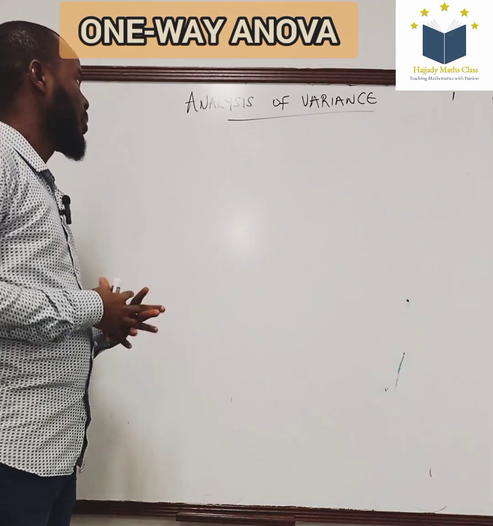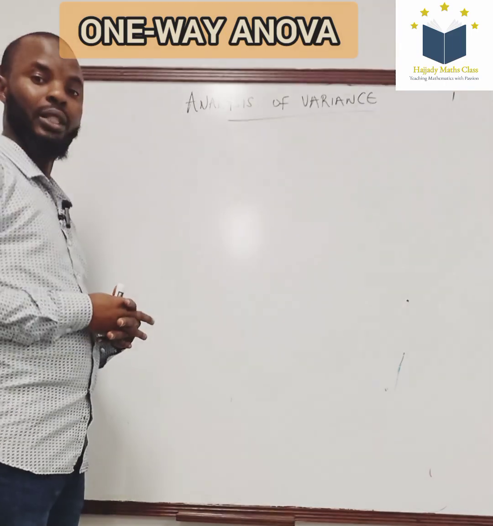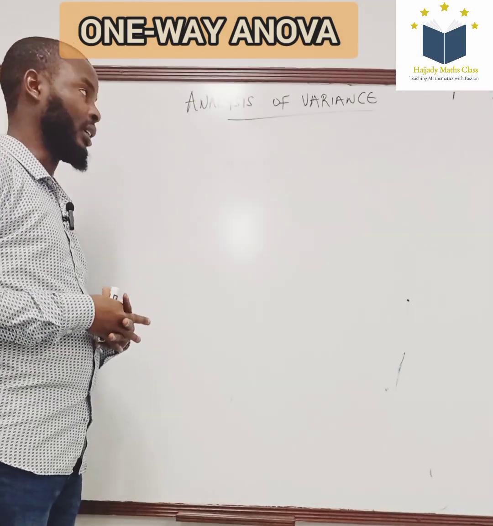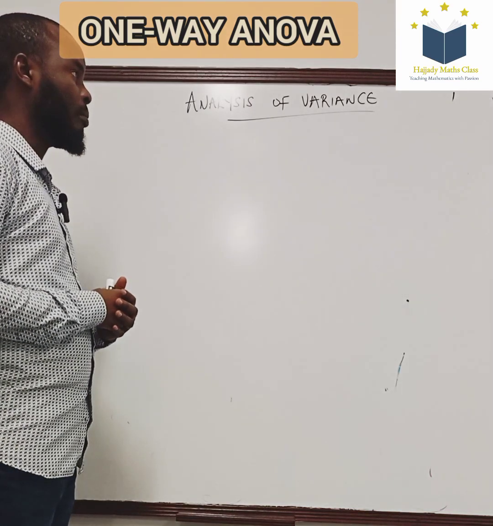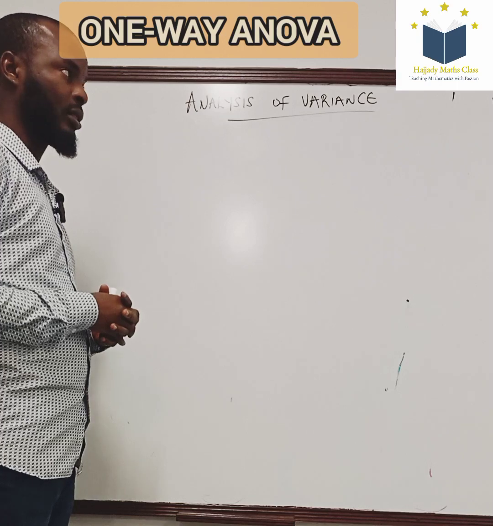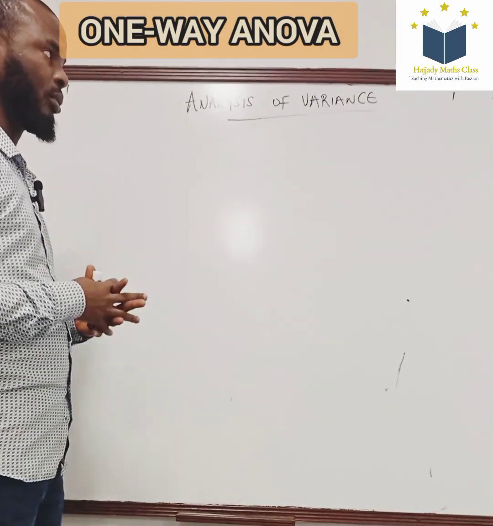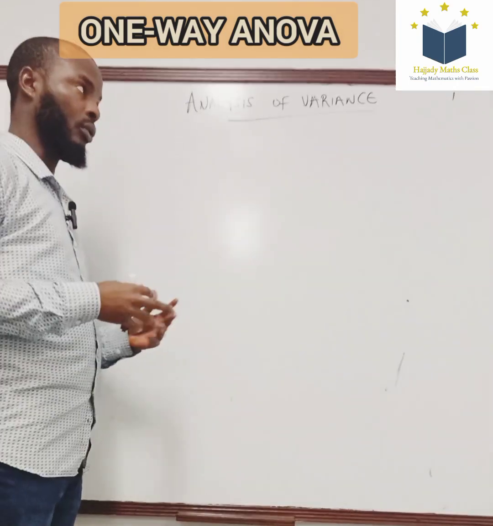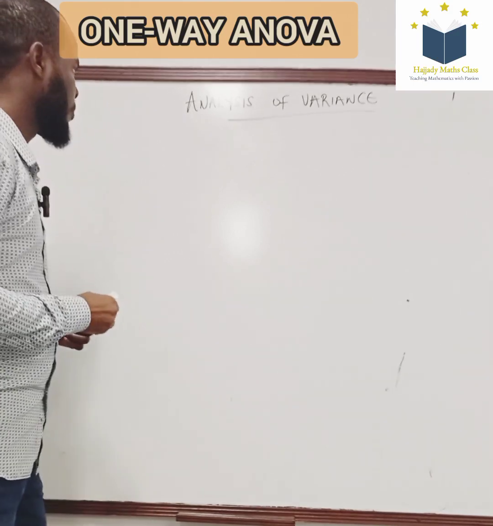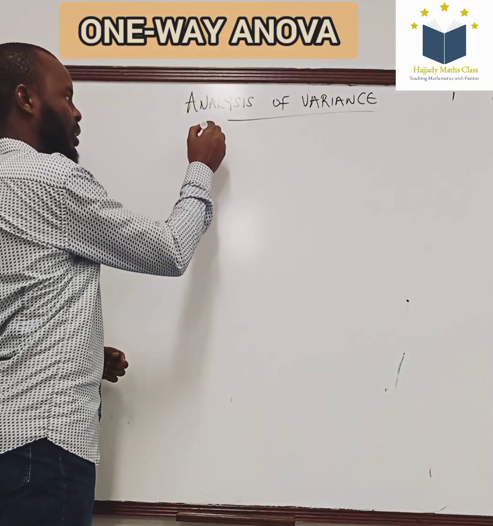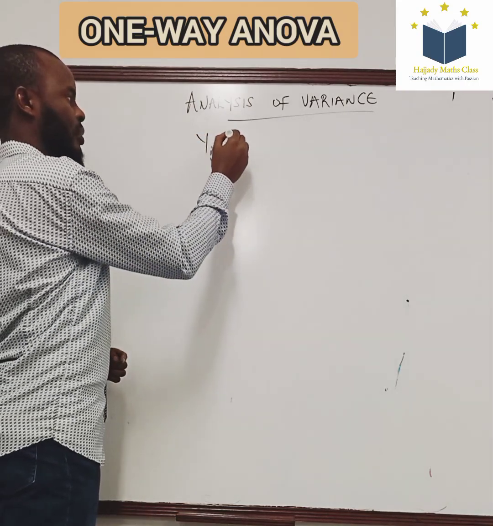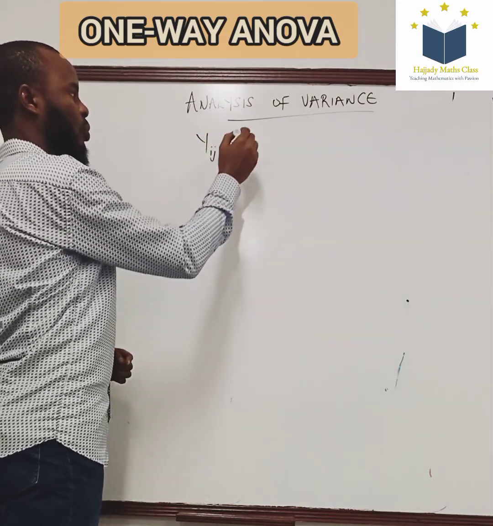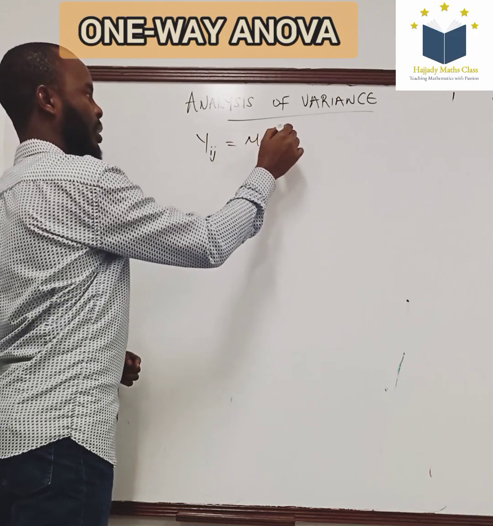Today we are going to work on the analysis of variance, known as the ANOVA. I'm going to take you through the basic model of the analysis of variance and also the decomposition of the sum of squares. Generally, we should know that the model for the analysis of variance is Yij equals mu i plus